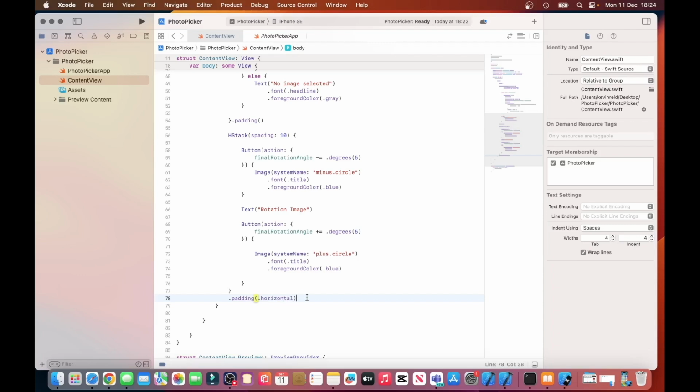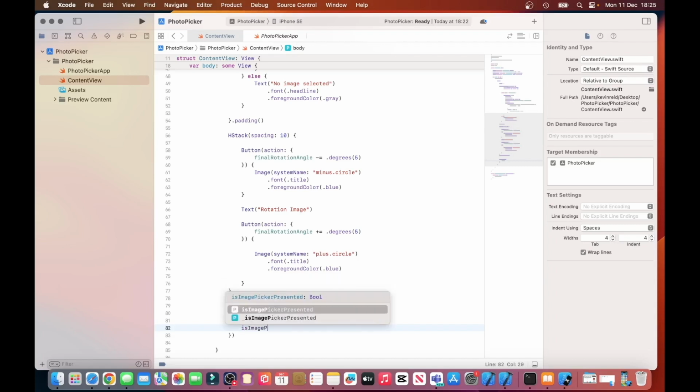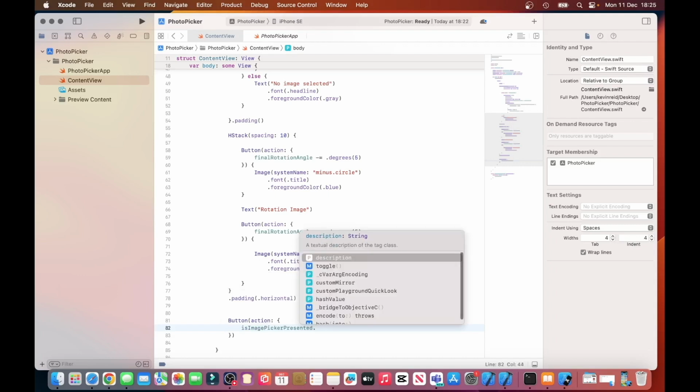So the next thing we need to do now is to create the button that will open the image picker. We type in the following: button, action, is image picker presented, dot toggle,